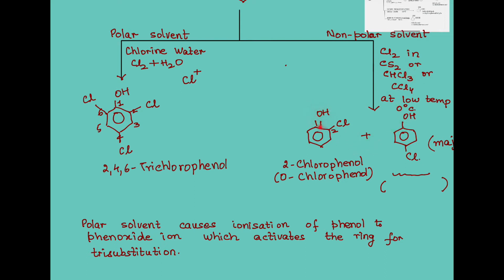Whereas in the case of non-polar solvents, this ionization does not take place to a great extent for phenol. So yes, our ortho or the para positions, yes, they do get excited, they do have electrons. But what about the chlorine? You see, there are not many chlorine which are ionized because of the non-polar solvent. So here our polar solvent is supporting phenol as well as generating more of chloronium ions. Whereas in a non-polar solvent, no, it's okay. We're going to take one chlorine at a time.